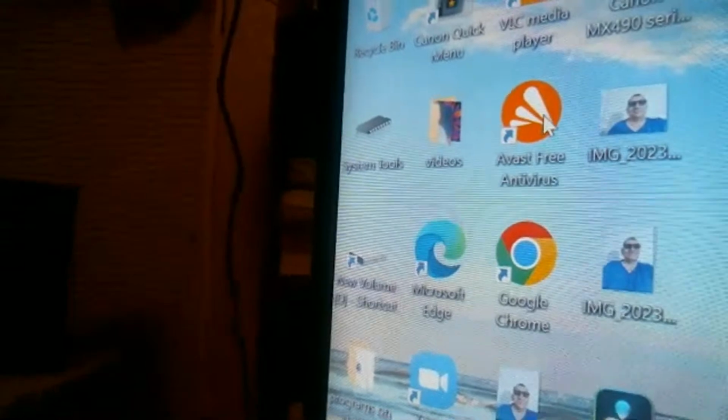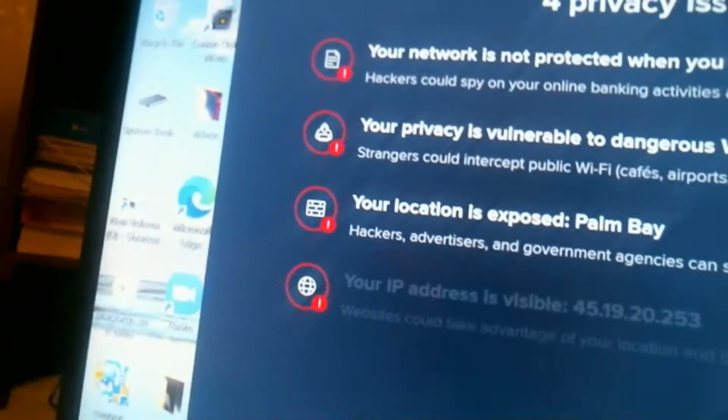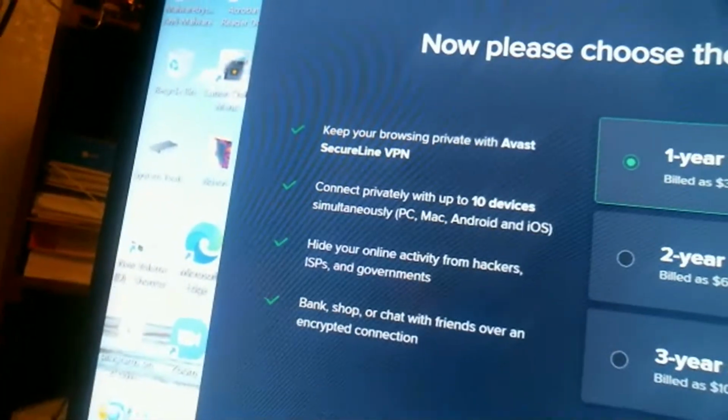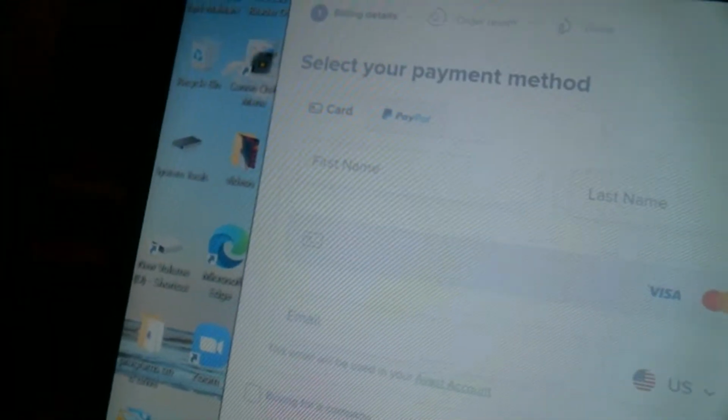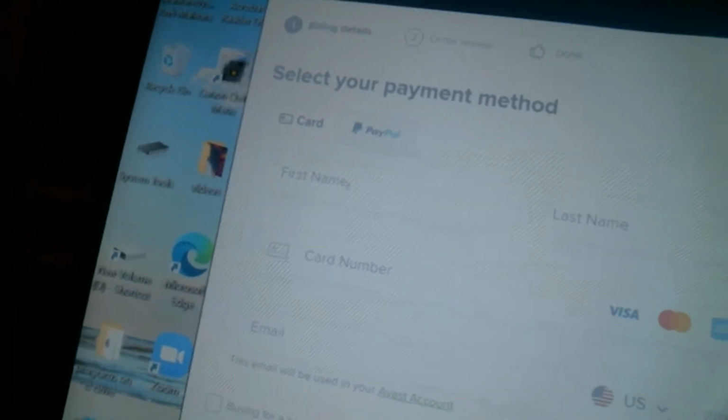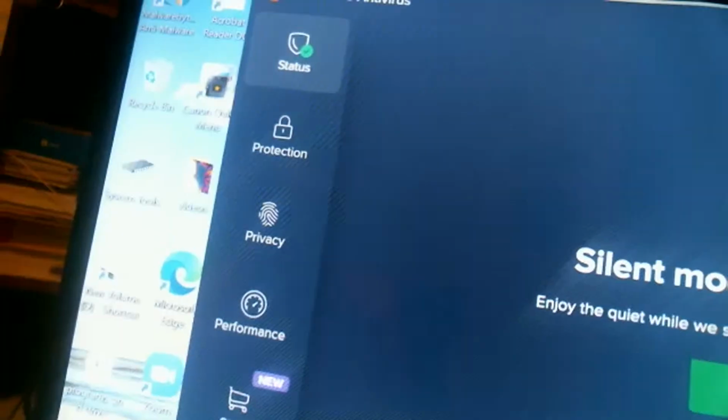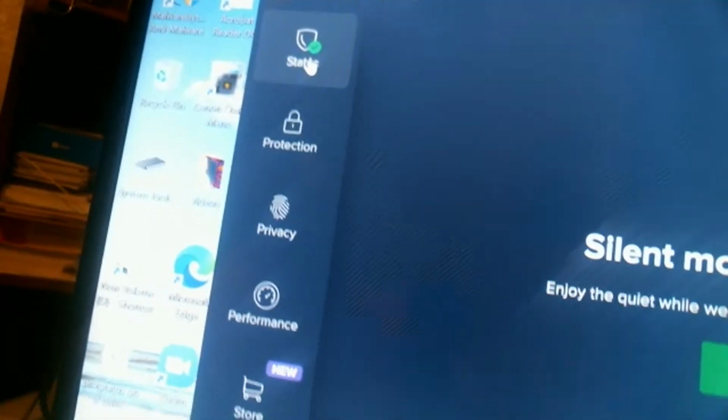So let's just see what that does. Okay. Now I'm going to double click it because it's already installed on my computers. And then you can close any windows that are there. Checking issues. Okay. So basically, that's just some stuff talking about the privacy and whatnot. But I'm going to do a scan,